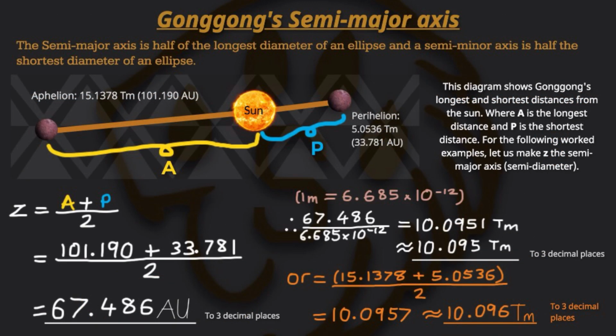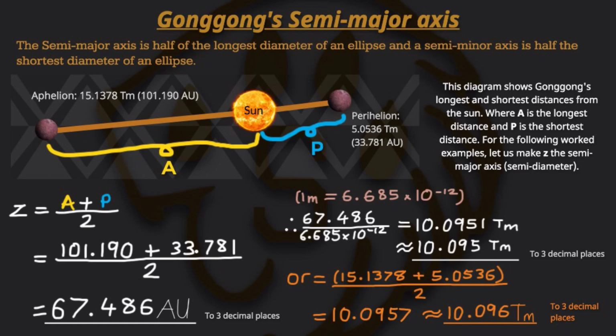Okay, so next we are looking at the semi-major axis. I think we are familiar with that side note there, and it's basically describing how you're going to interpret the diagram that you see with those two Gonggongs there, the two dwarf planets there. It's just the same dwarf planet but in two different positions, which we call the aphelion and the perihelion. And as you can see, it's the longest distance and the shortest distance from the sun. And we use that to calculate the semi-major axis, which is like an average distance from the sun. So we do that by saying the aphelion plus the perihelion over 2. So as you can see, the aphelion and the perihelion there, then divide by 2 and you get